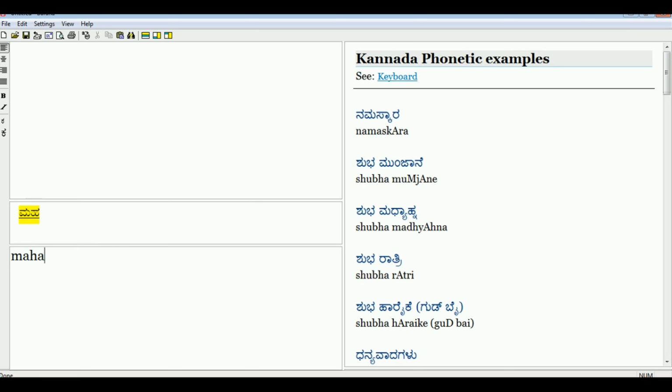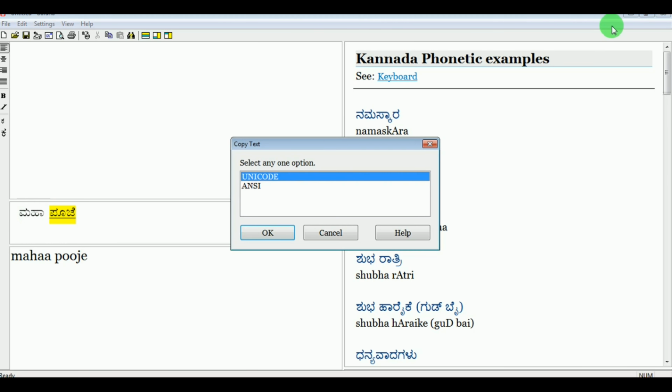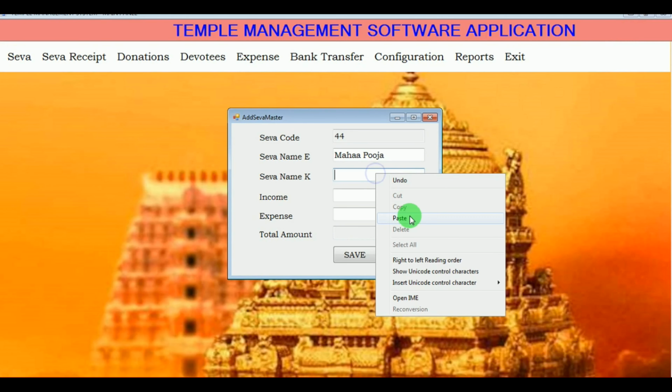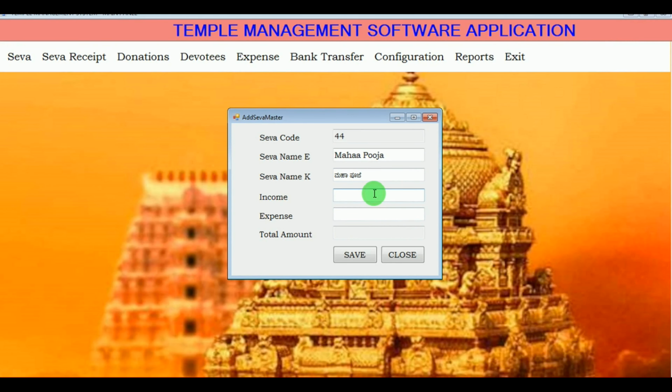By opening Barahapad, here Seva name is typed in Kannada language and then it is copied and pasted to Seva name K. Then income and expense should be added.